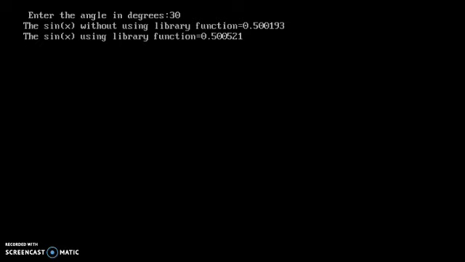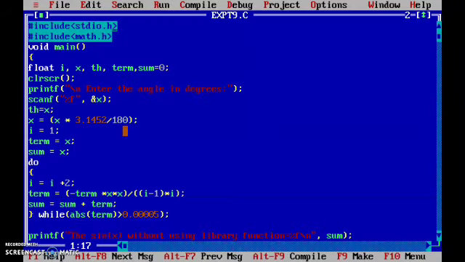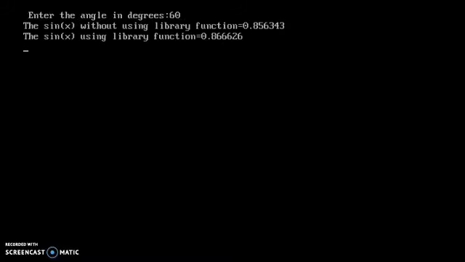You can observe only a slight difference between the values, because the first result that we have got here is the calculated value and it is an approximation, because we will not consider all the terms till infinity. We consider the terms only till a particular value which is nearly equal to 0. That's why there exists a difference between the two. If you want, you can run this once again with some different value. Instead of 30, if I give the value 60, the results are like this. Here also there is a slight difference between the results.